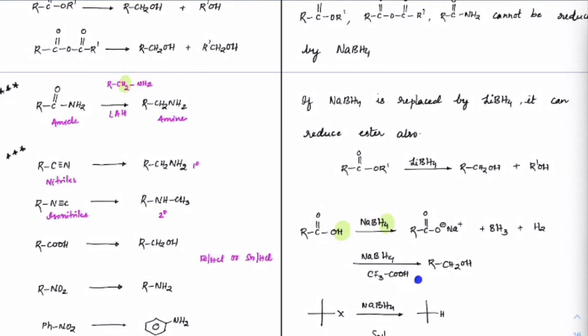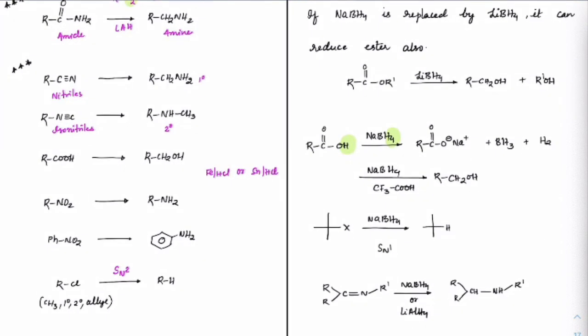But if you use CF3COOH, a strong acid, then this OH can be replaced, because this will get protonated. OH2 can be replaced, and then NaBH4 will again attack, form an aldehyde, and later on it will become alcohol. So we need to take some strong acid, then the reaction can give alcohols. This is another tip. If you are not taking lithium borohydride, then you can take some very strong acid compared to the acid you have. Then also the reaction will end up forming alcohols.